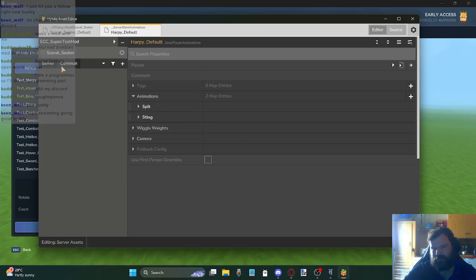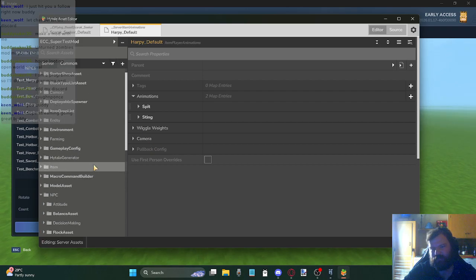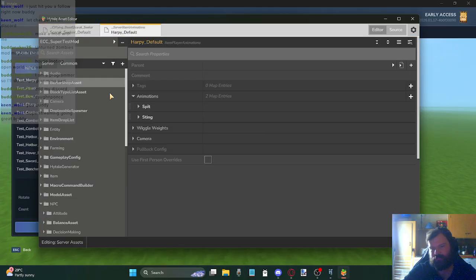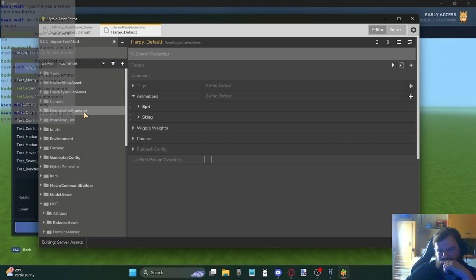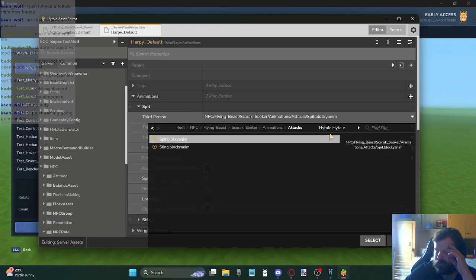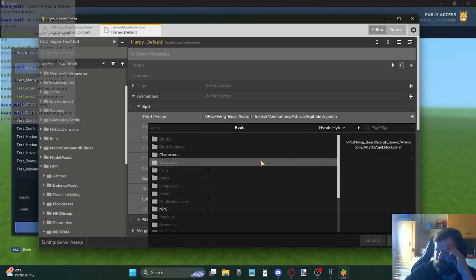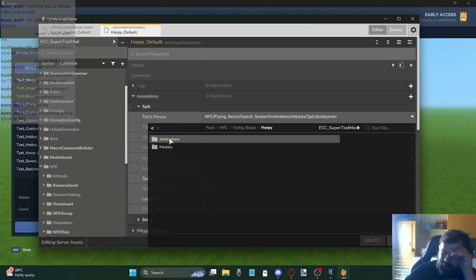And in Harpy default, this needs to change to here: NPC, Flying Beast, Harpy, select Harpy, animation,